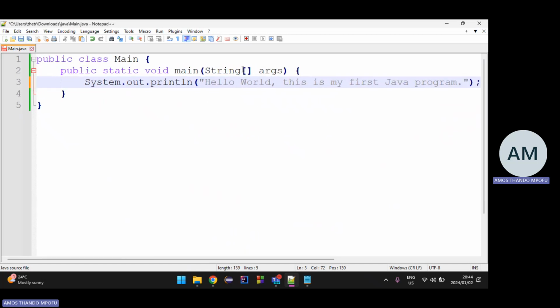So this is how it looks in full. Every time you want to have a main function, you must place it within a class, because Java is by default object oriented. It works in objects. It's like objects are communicating with each other. In a way, it makes sense if you think about it logically, right?